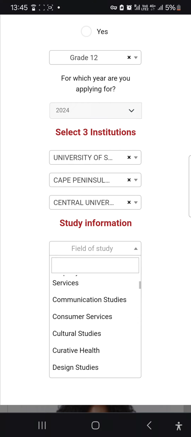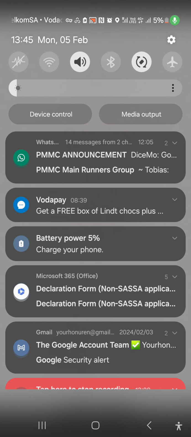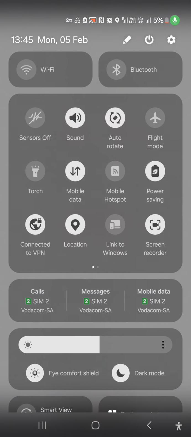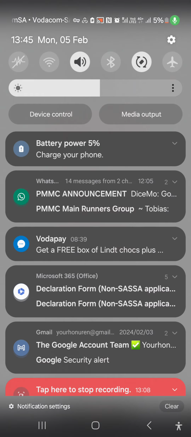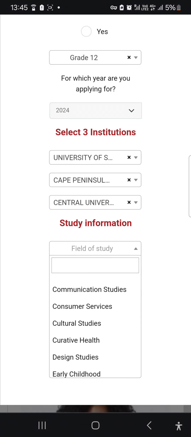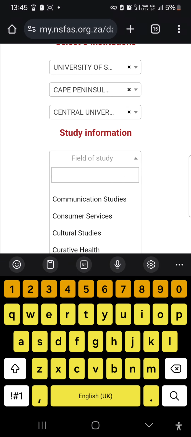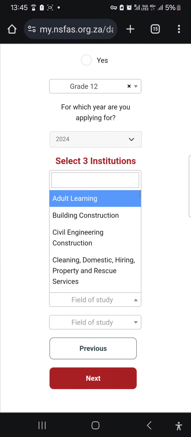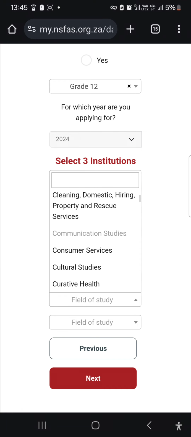Because if you want to choose, like maybe you want to choose law, there's no law. But you may just choose something that will make you be able to fill in or complete the form. Communication, just choose communication, and then